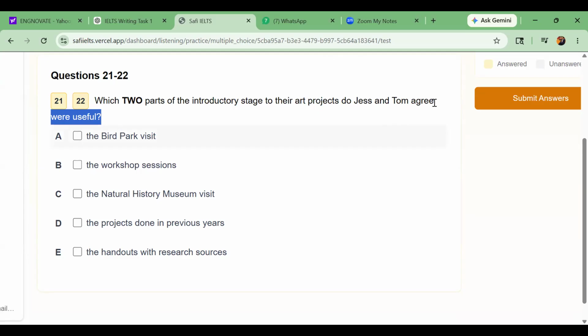So now the question talks about what? The agreement, Claire, both of their agreement. So if there are 2 people, always keep in your mind, if 2 speakers talk, make sure that the second person's response really matters. Wait for the second person's response. Either he agrees or he disagrees.